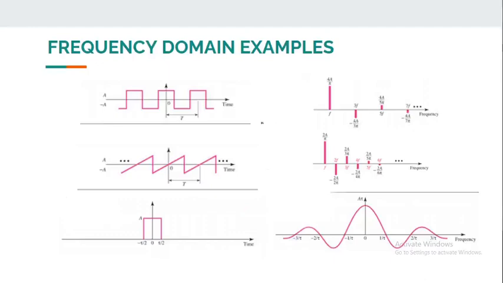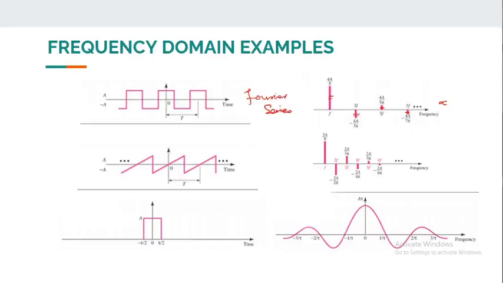Now some examples of frequency domains of complex waveforms. Here is a square wave with period T, whose inverse will be f. It will have a frequency domain representation like this, or it will be the resultant of this sine wave plus this sine wave plus this sine wave plus this sine wave, etc., up to infinity. As it goes rightwards, the amplitude or significance of the component reduces, but it is still there up to infinity. That is obtained by Fourier series.